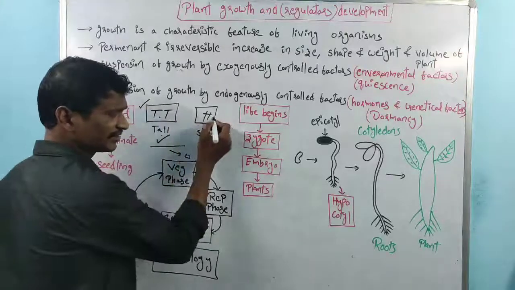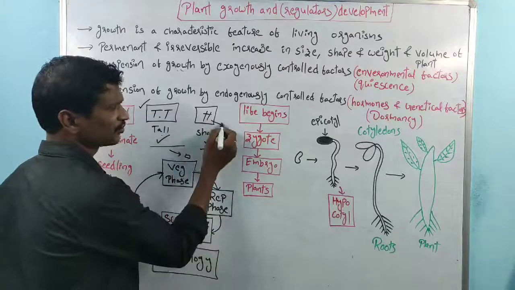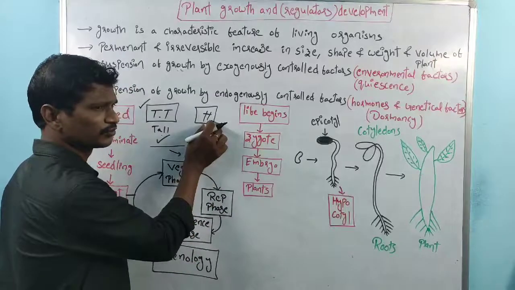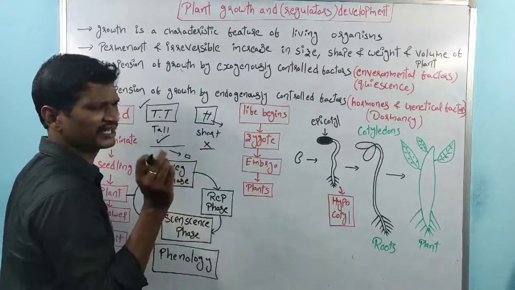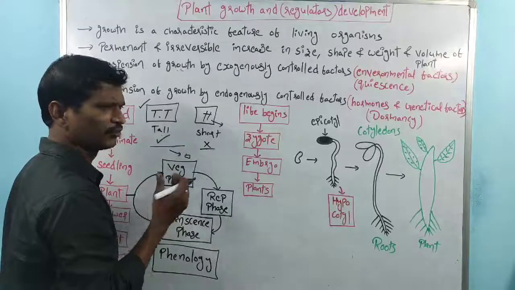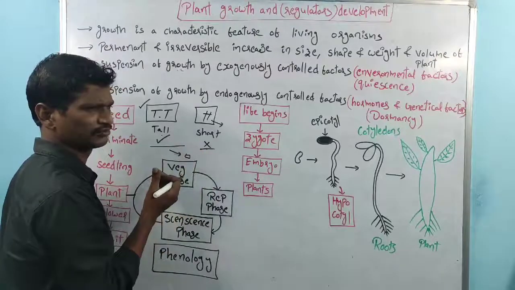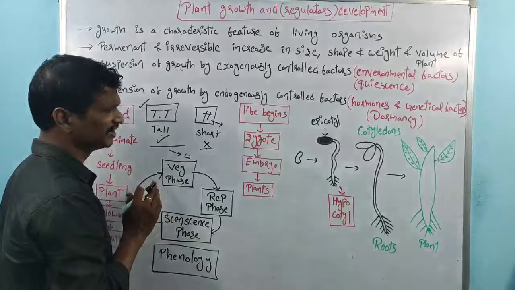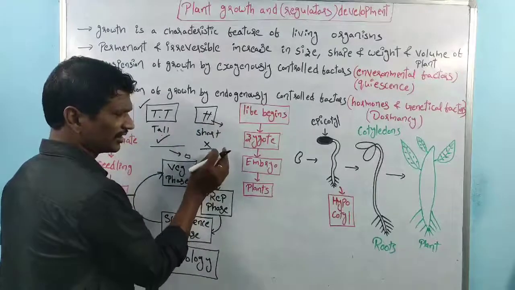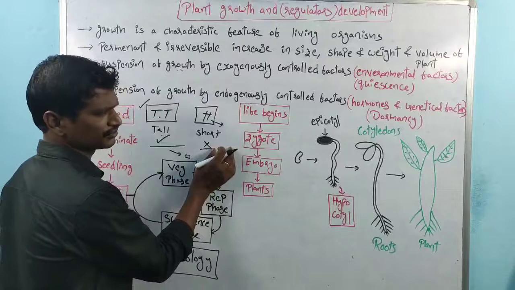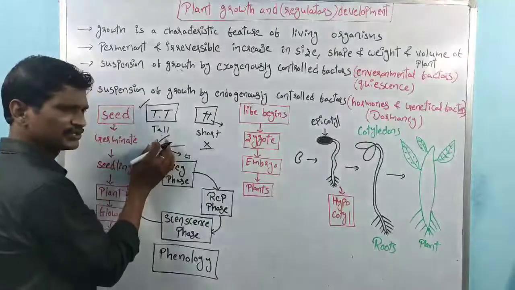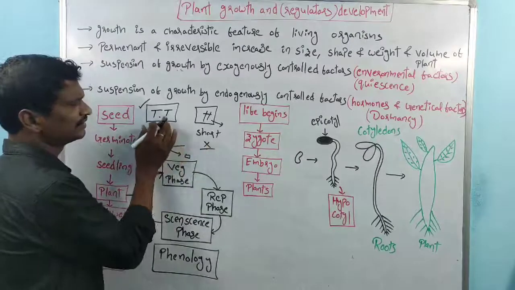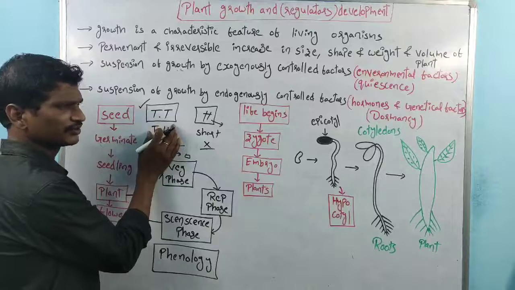And this bit of DNA segment is not responsible to produce more amount of growth hormone. Very, very little growth hormone is produced, and in certain very rare cases it is absent also. So with the presence of these genes, much growth hormone is not produced; with the presence of these genes, much growth hormone is produced. Here not produced, here produced. So these genes are responsible for the growth.